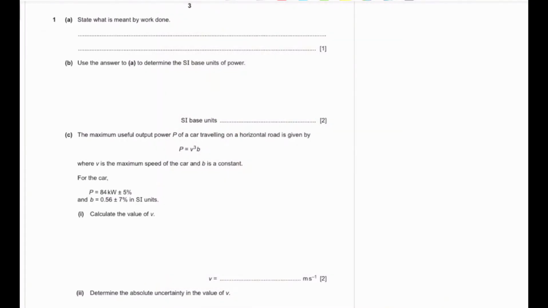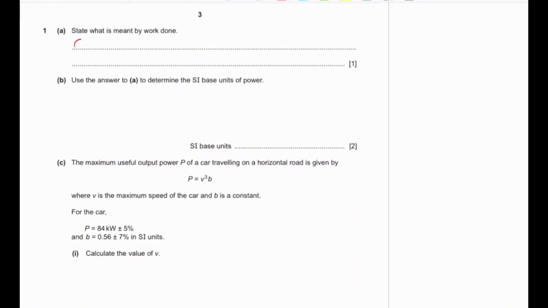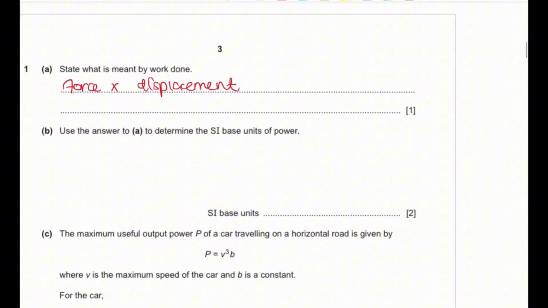So basically, work done is the product of the force multiplied by the displacement. So it's the product of the force multiplied by the displacement in the direction of the force, okay, in the